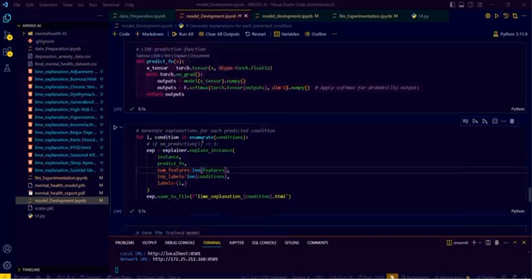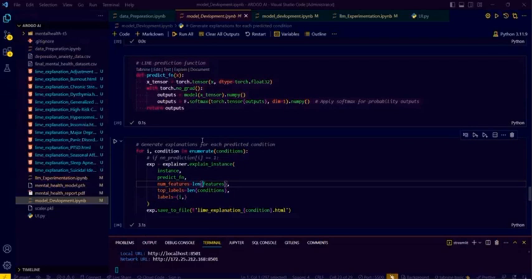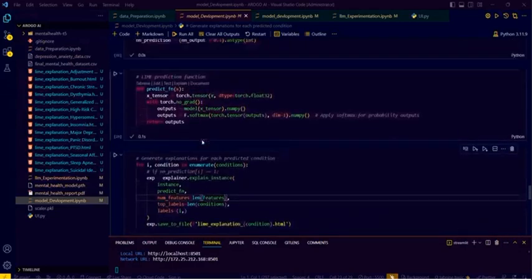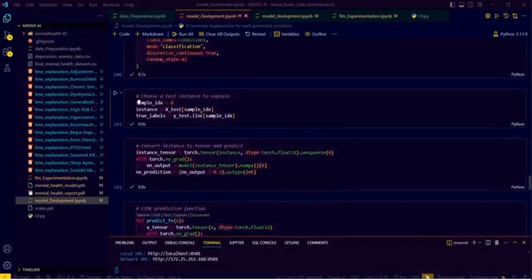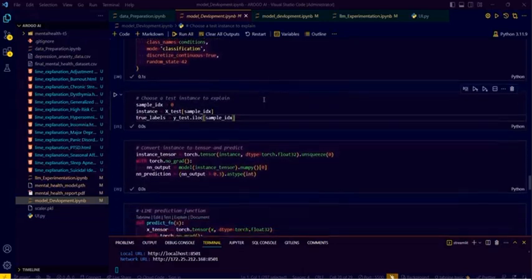So in LIME, what happens is that we are given test instances. Actually, we select them, and for example, in X train, X test, I am taking a sample index of 0 instance. So what we do here is we create variations of this data, and we study how they affect the model's output, and we observe them. So all the logic is written here.